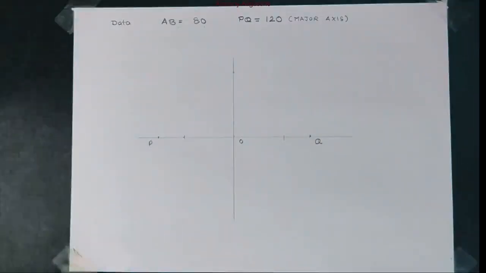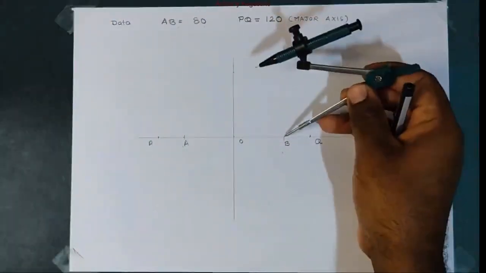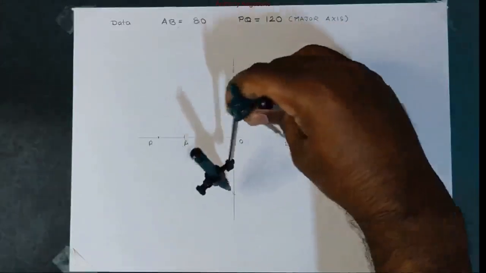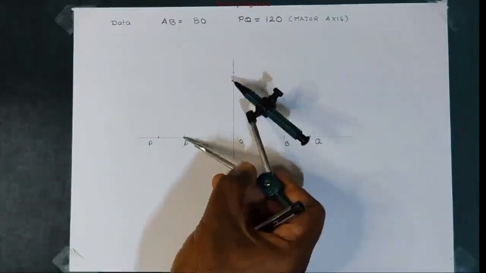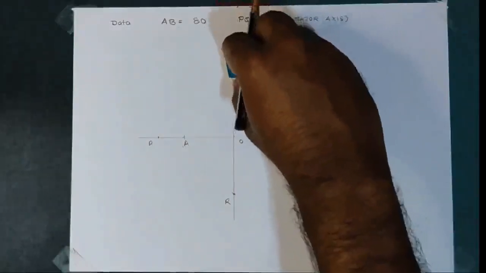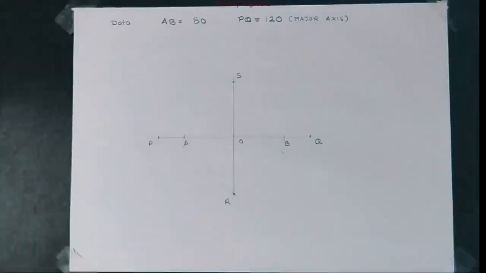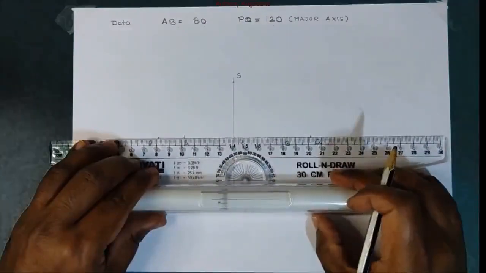So I can also use the same for marking PQ. So AB is 40 mm on either side. I am taking half the major axis now on my compass, and I will be marking arcs as I discussed through the focus. So half the major axis I took P to O, and I mark arcs from A or B on the perpendicular bisector. I got points RS, that is the minor axis point.